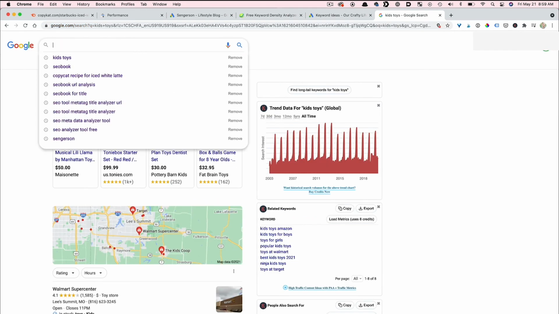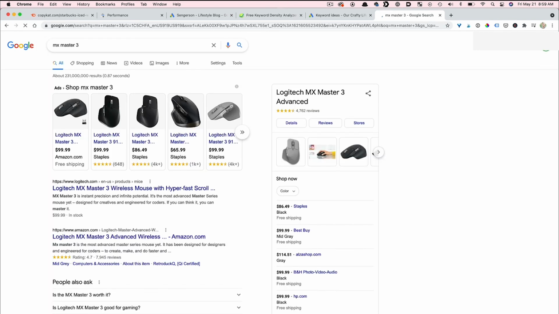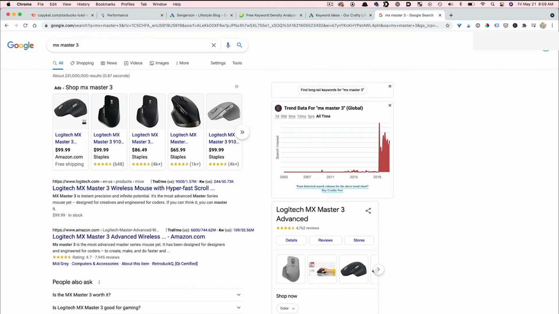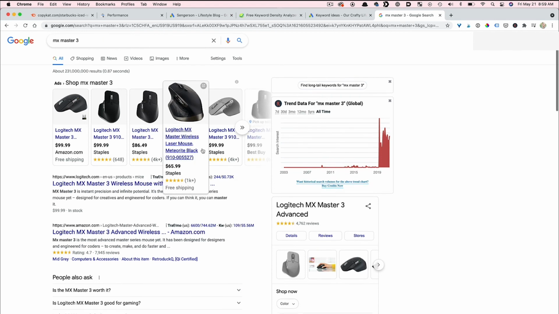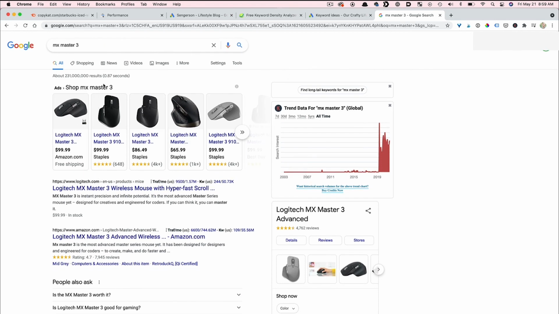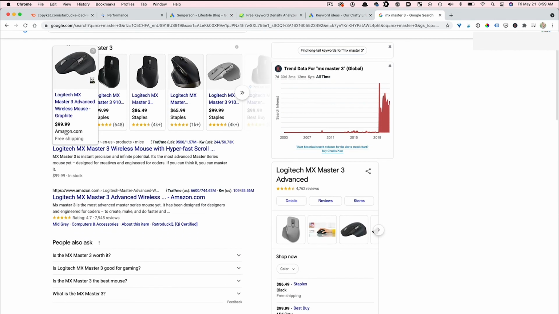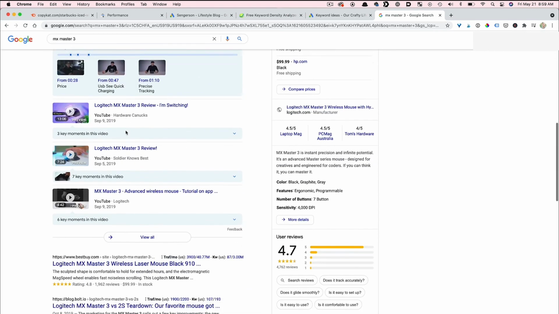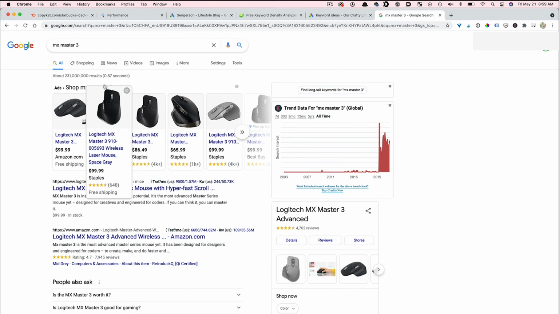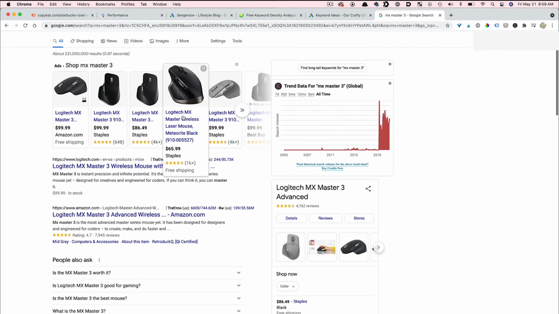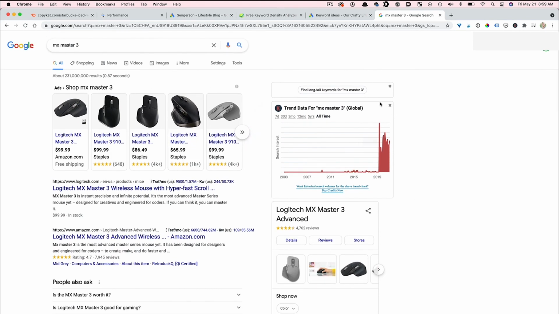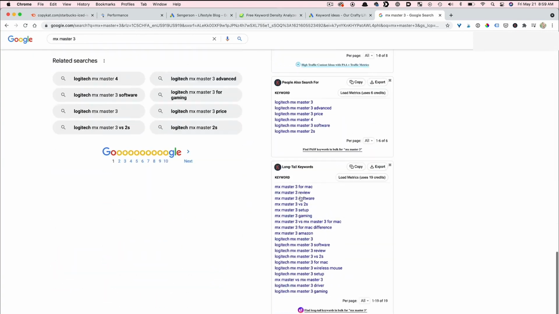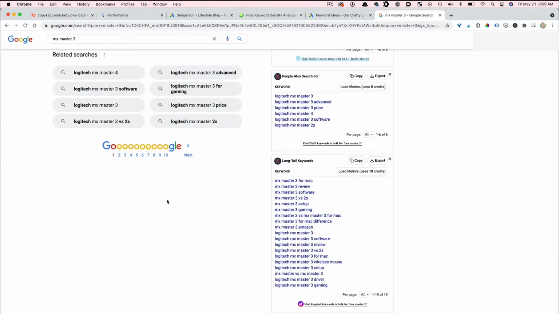Okay, so I'm going to go to Google Search. I'm going to show you guys something. Let's say I'm looking for this mouse that I have. I'm shopping for it. You can see here that there's a shopping carousel, and then a bunch of different organic content down below, videos. And so if you're trying to write organic search content for this, chances are you're not going to make it to this top page. You're literally going to be behind on like page 10 or something.